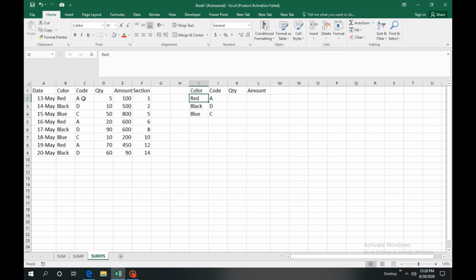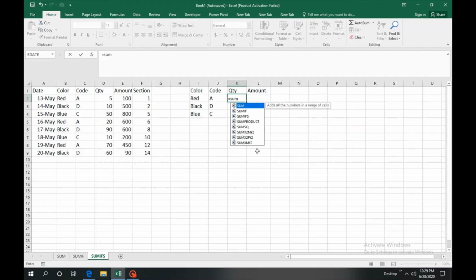So in this third sheet I have multiple criteria like red and code A, then quantity, amount, then sections. So we will use two criteria. One is red with the code A. We want the total quantity for red plus A. So we will start our formula with SUMIFS. Then it is asking for the sum range.